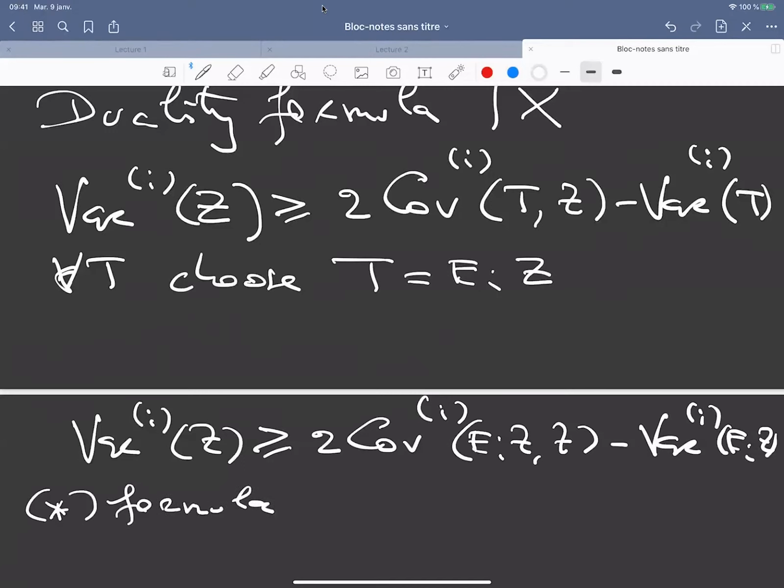Let us begin the 4th chapter devoted to information inequalities. So as we shall see, there are several notions of entropy that exist in the literature. Historically speaking, the first one has been introduced by Shannon. So information theory is a world by itself. I do not pretend to give you an overview of what can be done in information theory. My ambition here is just to give you some statements that will be useful for us in what follows.